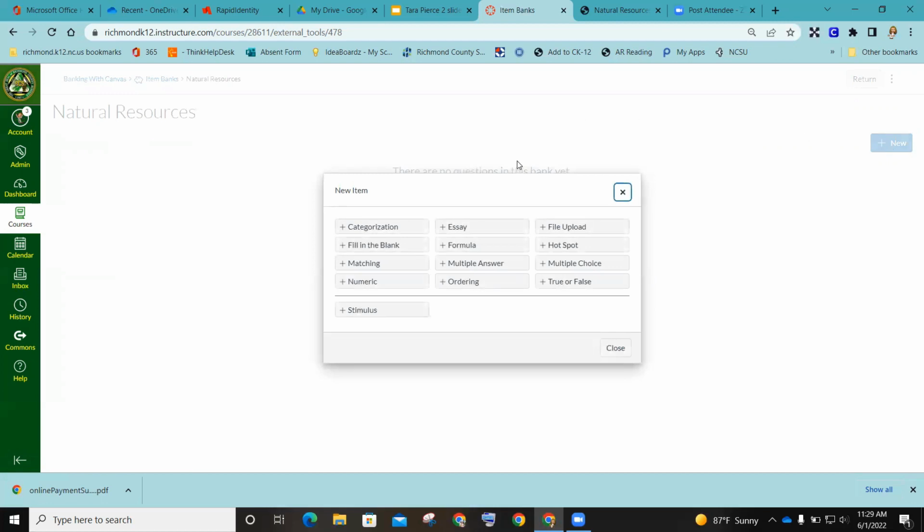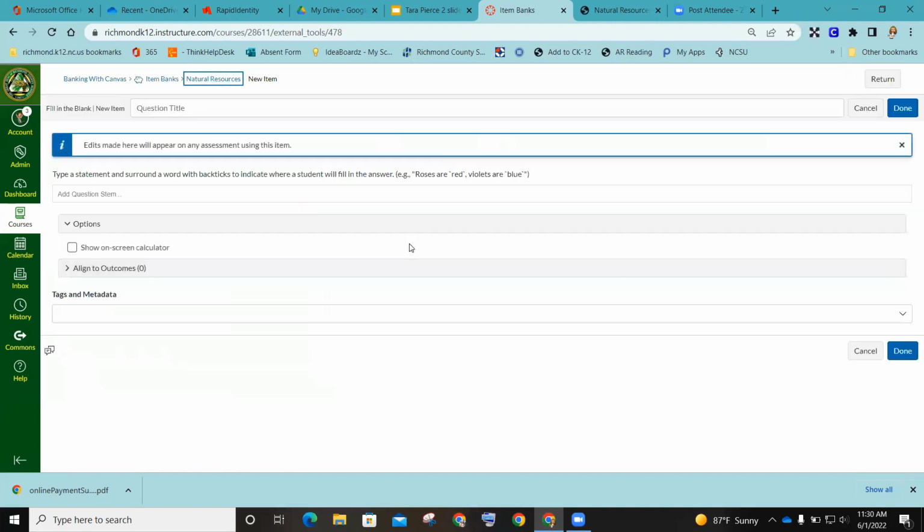I've decided that I wanted to start with my fill in the blank questions. Now, a lot of teachers say they hate fill in the blank because it's hard to grade, but I can tell you all with the new quizzes, this question format is completely different. You actually have 3 options under fill in the blank. A lot of people don't know that, and it has slowly become my most favorite question type because I can turn a multiple choice question into a fill in the blank with these 3 question type options. So I'm going to start with